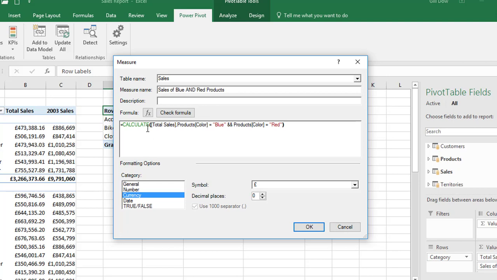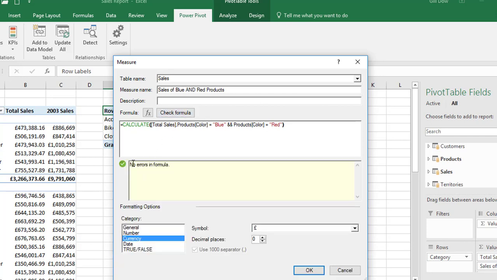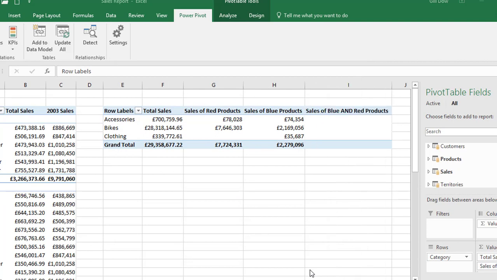So guys, before we click on check formula, we're asking to calculate the total sales of all the blue products and all of the red products. So we've got to be clear about what we're asking the calculate function to display in our pivot. So let's check the formula, there's no errors, and we'll click on OK. Now, are you surprised by that? Were you expecting these 2 calculations to sum together to display here? No, it won't,